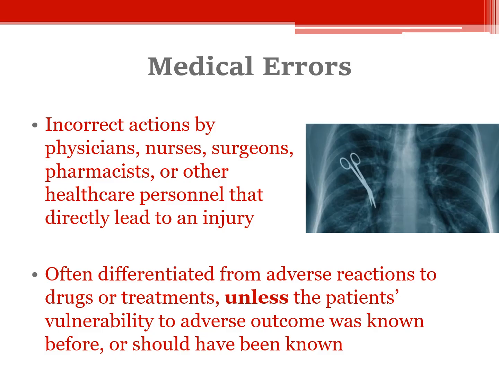Now, the one category of these that we unequivocally consider to be medical errors would be if the patient's vulnerability to the adverse outcome of the drug or treatment was known beforehand and it still occurred, or if it should have been known. If a simple and reasonable genetic test, for example, would have determined that this particular drug at this dose was going to have a very bad outcome for this patient, then that's often called a medical error, as well as an adverse reaction.